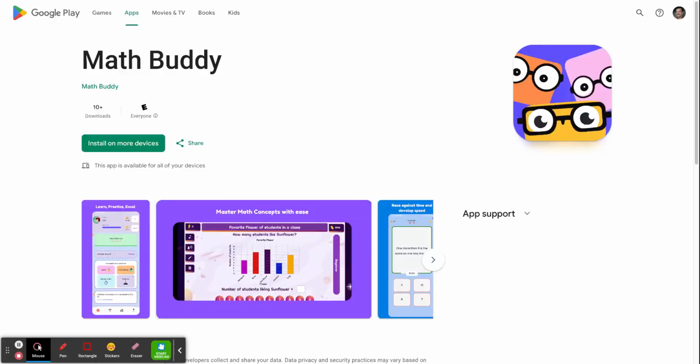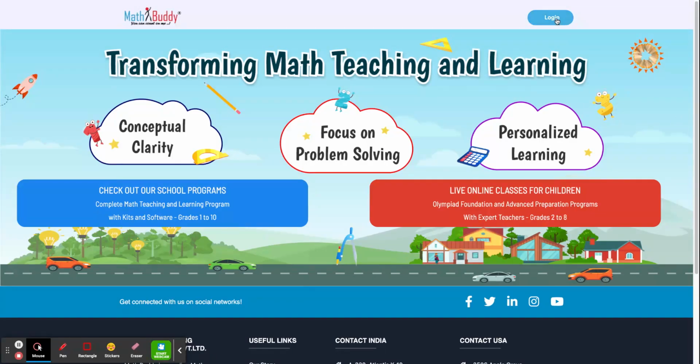Alternatively, you can also download the MathBuddy mobile app from the Google Play Store. This is available for grades 1 to 5 right now, and I'll provide the link for downloading in the description of the video below. Now, once you receive your username and password, just go to mathbuddyonline.com, click on the login